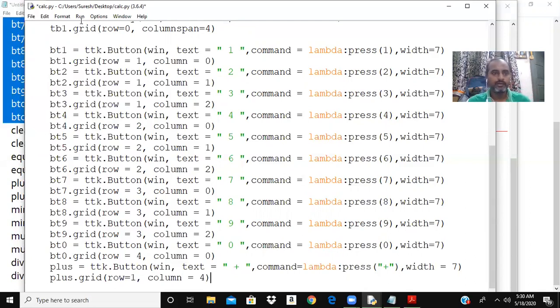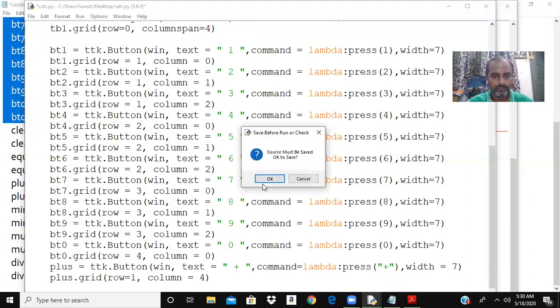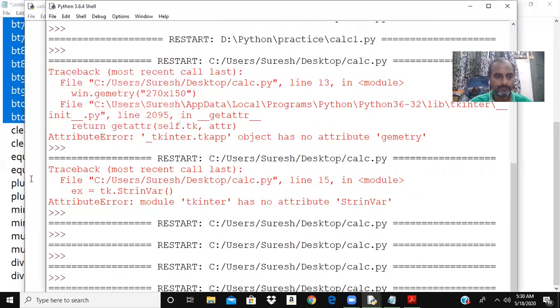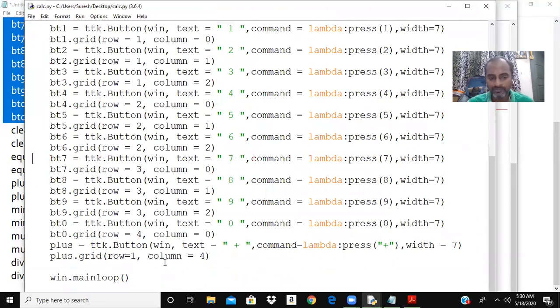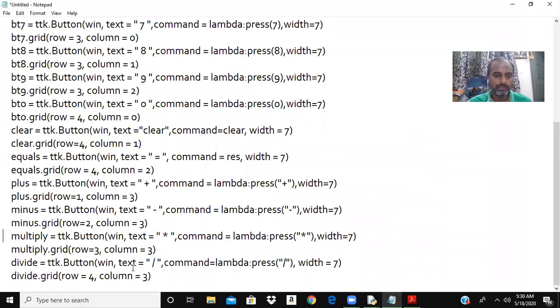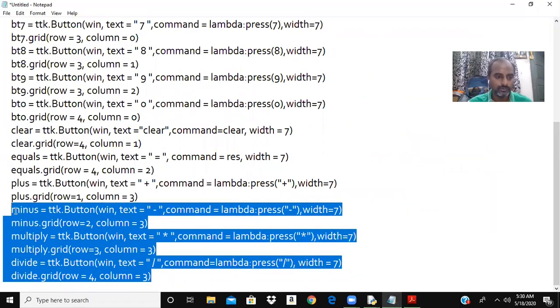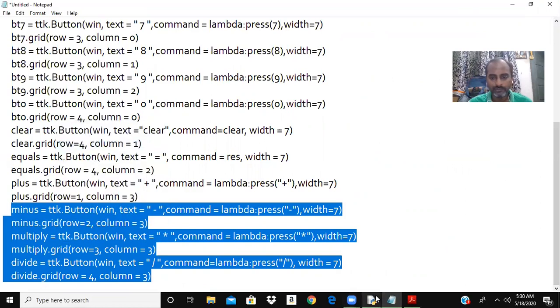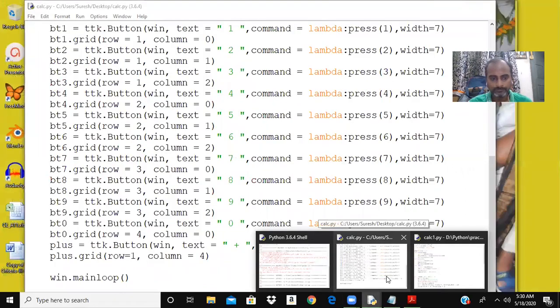Okay, let me run. You can see plus is added here. Okay, it is also being added to the text box when I click it. Let me close this. Add also minus, multiply, divide, for which I have already written some code. Minus, multiply, divide. I'm adding it in the file.